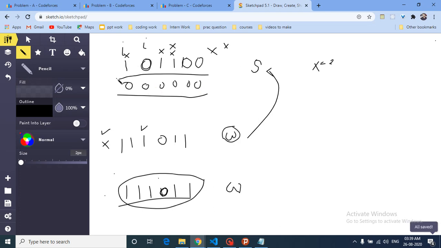Okay, so what we can see is whether this string which is formed is actually the W. We are assuming that we have formed this string with this S. We will again double check it.